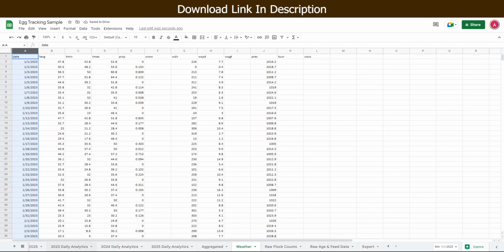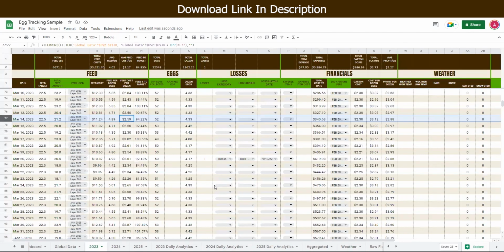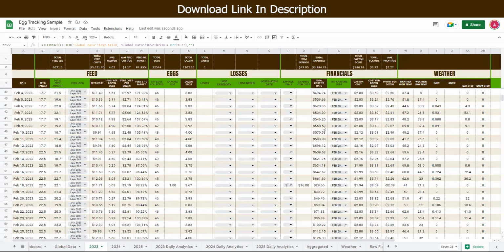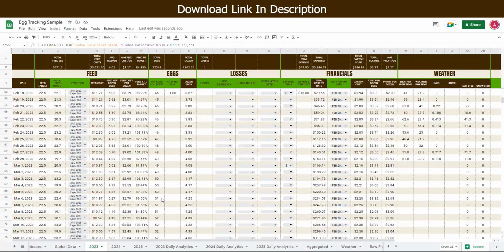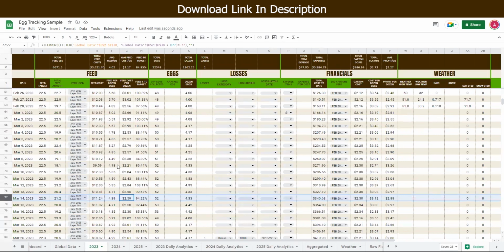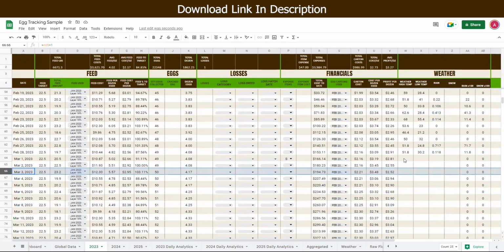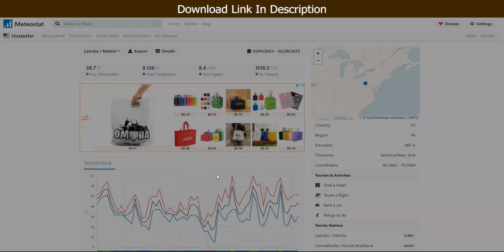But whenever you do that, now when we go into our weather information here, you can see in February, here's your February, and it's pulling in all of our high temperatures, low temperatures, and all that stuff. Now let's say today's March 3rd, for example, and we want to pull in these last 3 days of information for our weather. So we're going to go back to our weather link here,